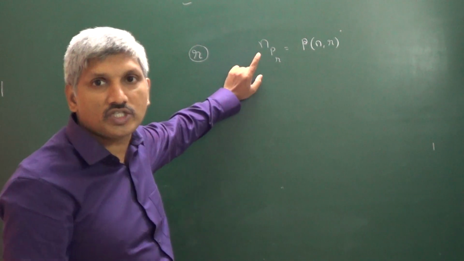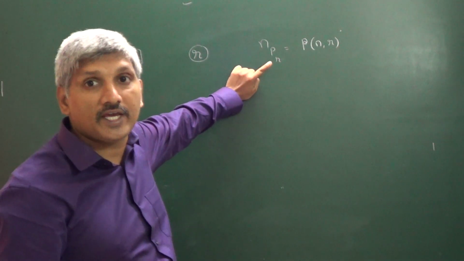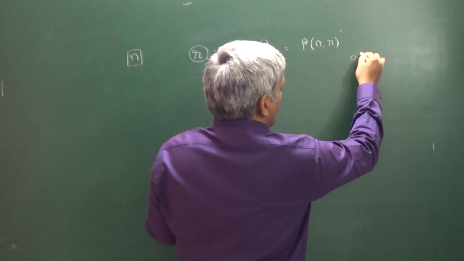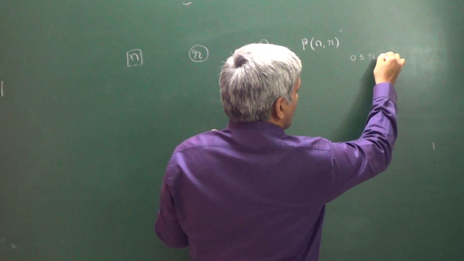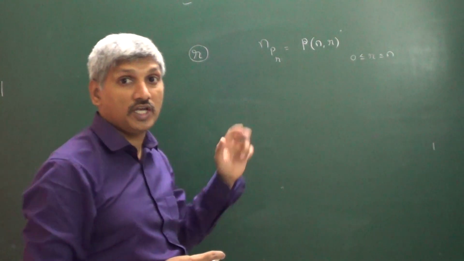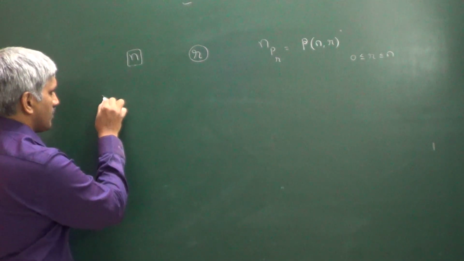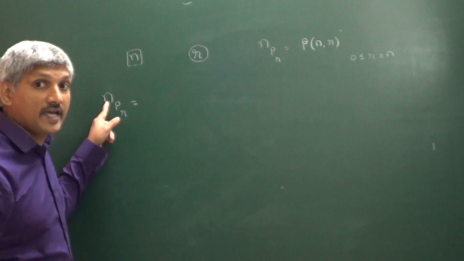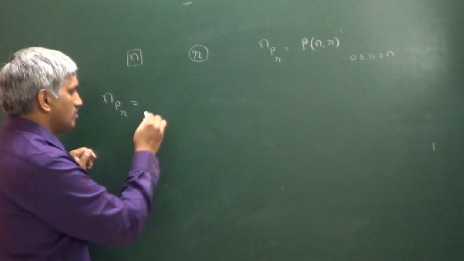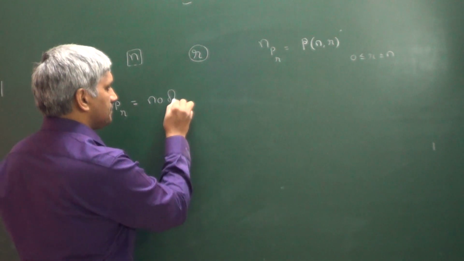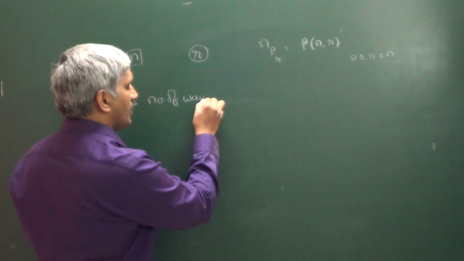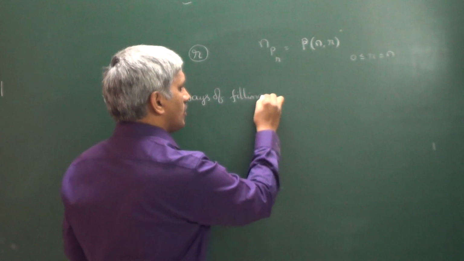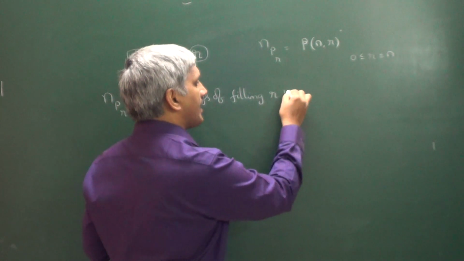Number of permutations of n different things taken r at a time is nothing but nPr. Here 0 is less than or equal to r, which is less than or equal to n. So that is about nPr. So what is nPr? Number of permutations of n different things taken r at a time. That is nothing but the number of ways of filling